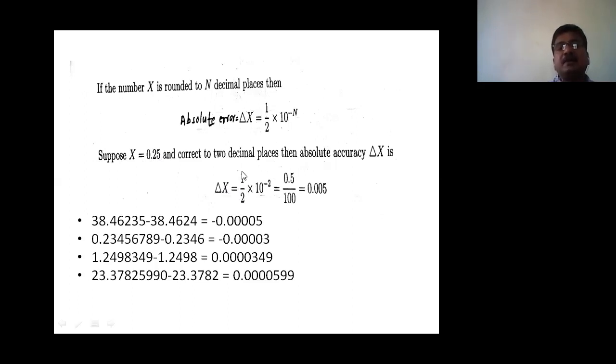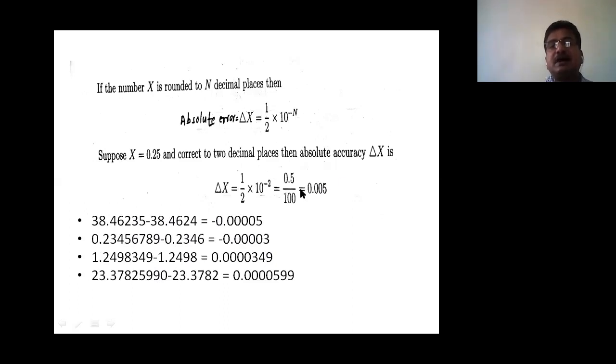what is the formula? Delta x is 1/2 10 raised to minus 2, for 2 decimal places. That is 0.005. This is actually the upper limit of error in this number. So what is the error in this number if it is rounded to 4 decimal places? It is 0.00005 and something. Okay, so if we rounded the number up to 4 decimal places, here are some examples that these numbers are rounded to 4 decimal places. So what is the highest or upper limit of the error? It is 0.00005.